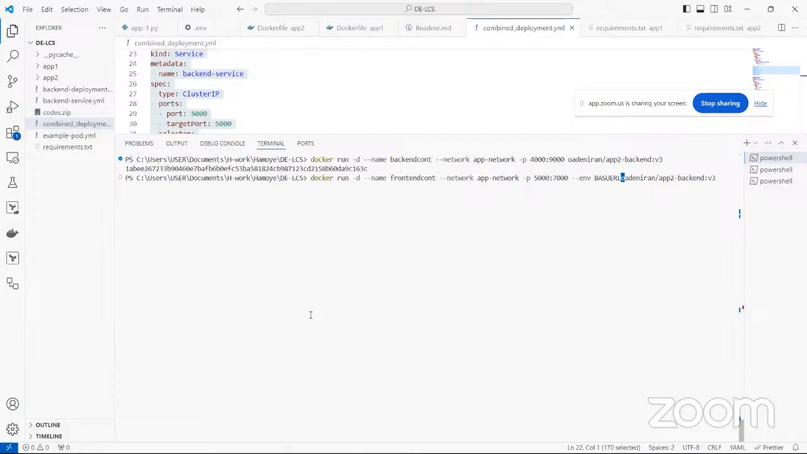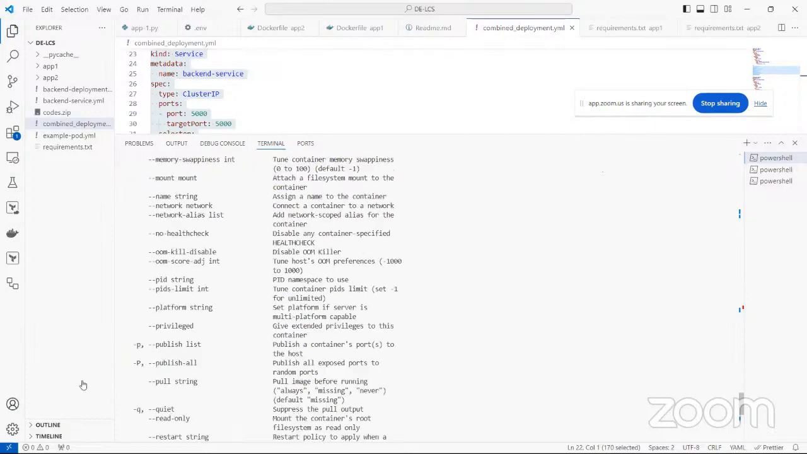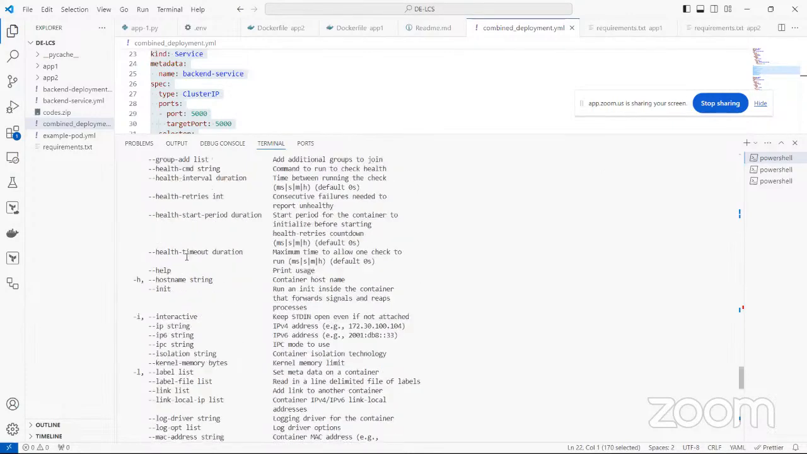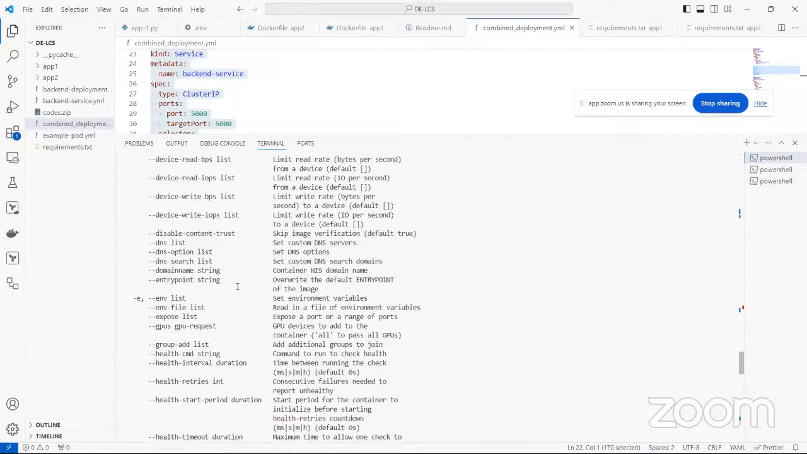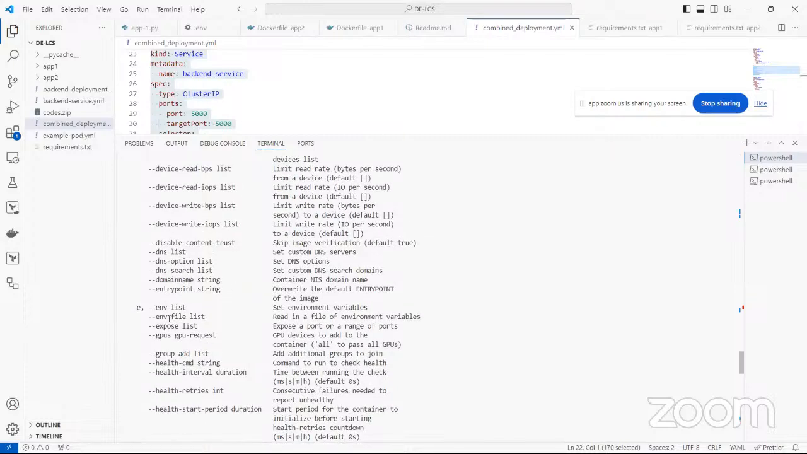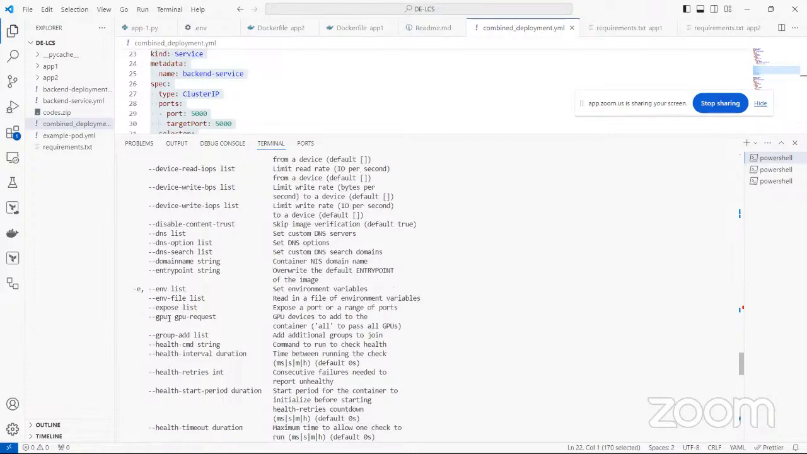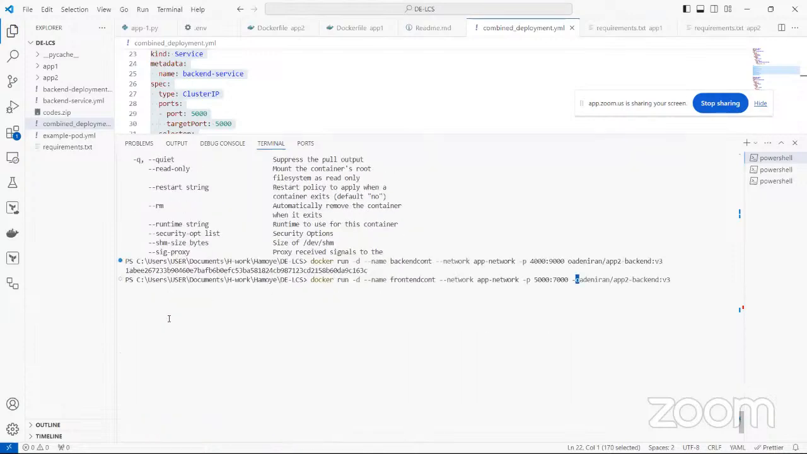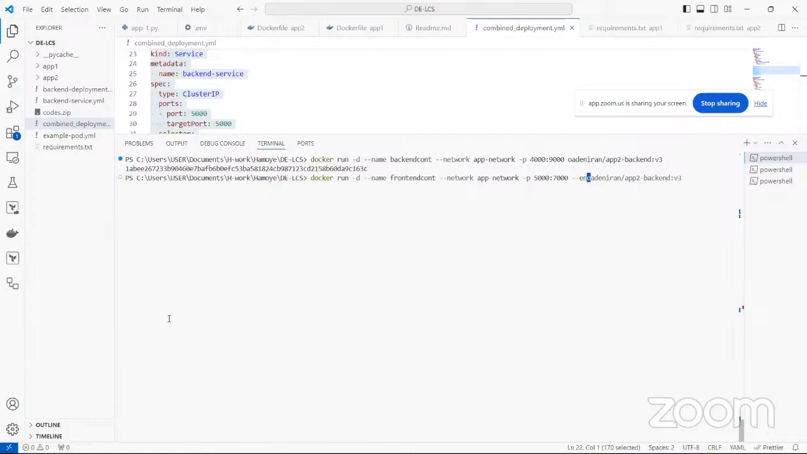So to add an environment variable, I'm going to be using the env option. Let me confirm. So env, okay. Let me use the env flag, and then to add the backend URL, we called it base underscore URL, and it is equal to